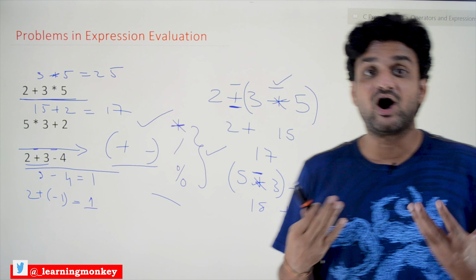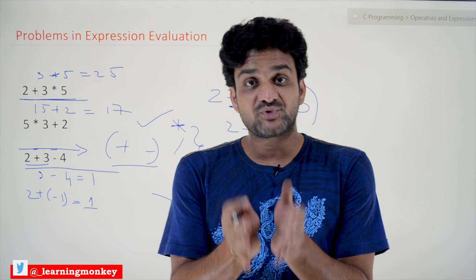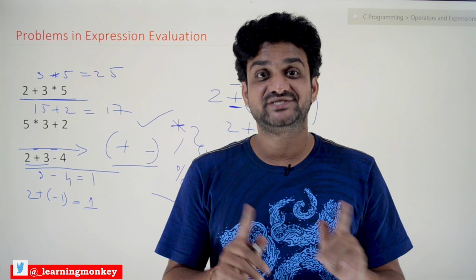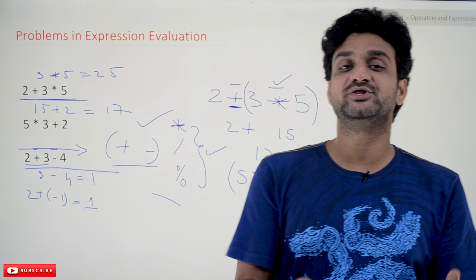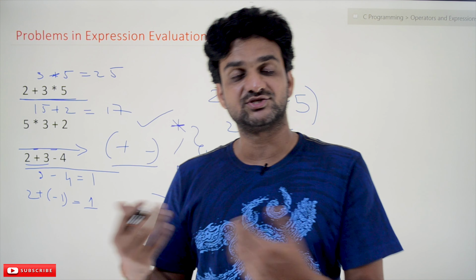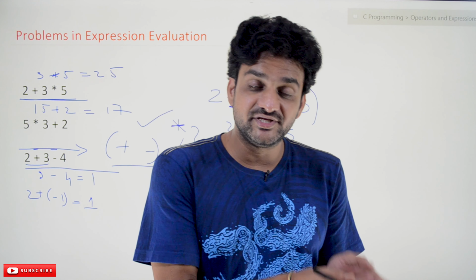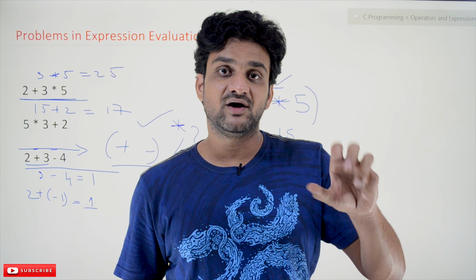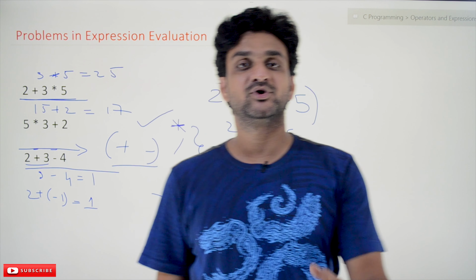How will the expressions in the C programming language get evaluated? It is decided by the operator precedence and associativity table. Based upon the table, every expression will compare its precedence and associativity, and the expressions will get evaluated. In our next class, we'll check the operator precedence and associativity table, and based upon that we will understand how the expressions will get evaluated in C. Hope you got the clarity on this concept.